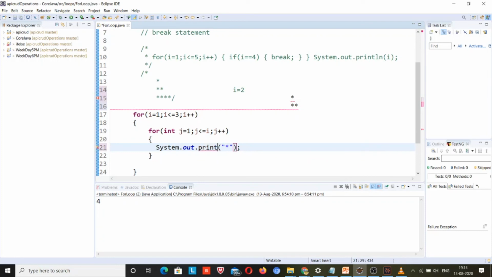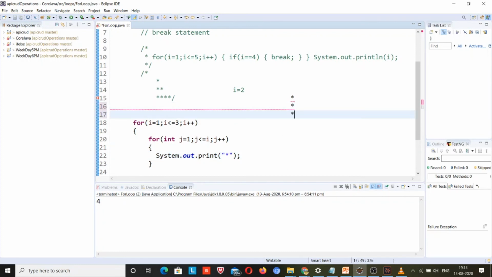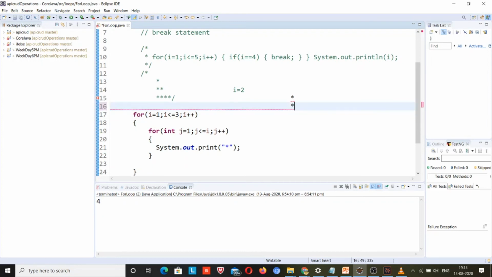Why have I removed this println? Because if I do not remove this ln, the line will break and the star will be printed on the next line, not over there. So that's why I removed it. But after printing these stars, I need a line break, so after completing the outer loop I need a line break. This I have given.